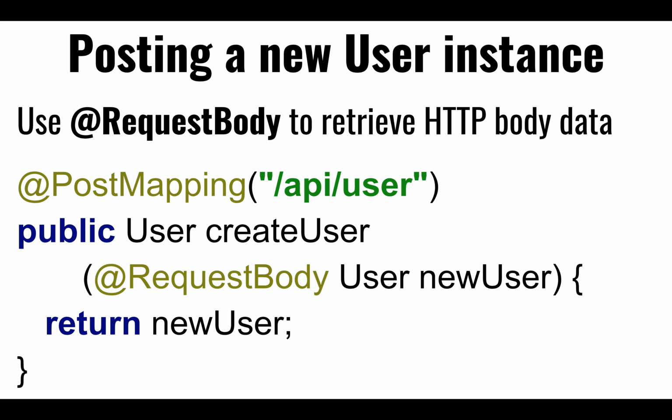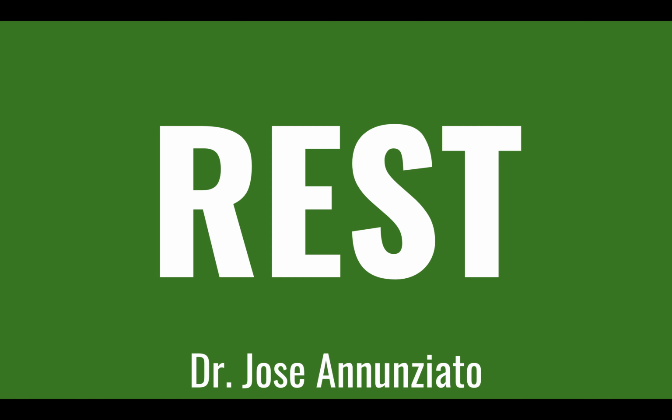So in this case, this one is just echoing back what you sent it. If you sent the user with Alice and Wonderland, it instantiates the object, it populates the object in Java, and then it echoes it back. Notice that it's returning the new user, and now does the conversion in reverse. So first it parses from JSON to a Java object, and then it does the inverse, converting the Java object back to JSON and echoes it back to whoever sent it. Okay, so that's the main idea. We'll see a little more as we go, but let's talk about a particular use of this technique.